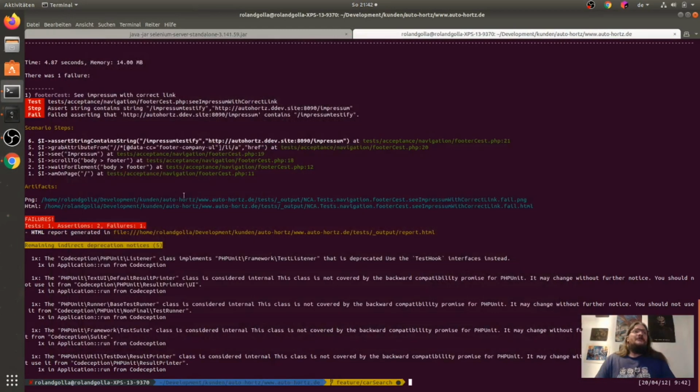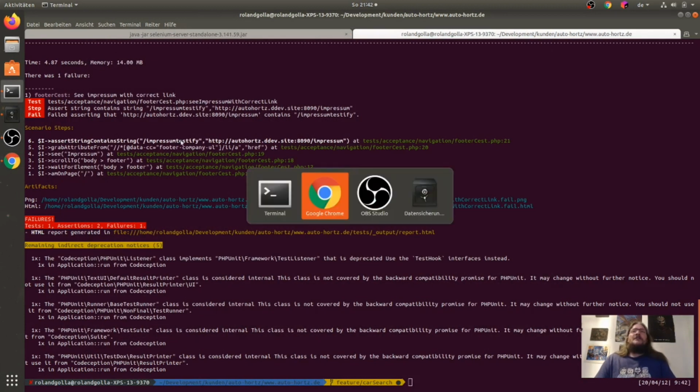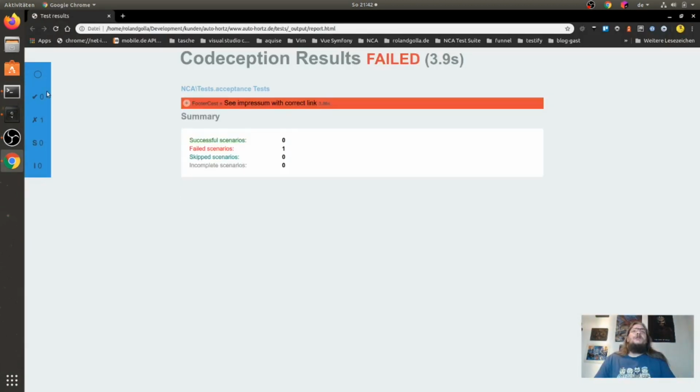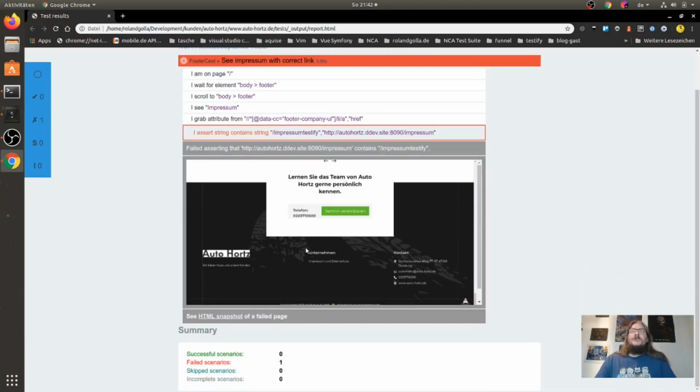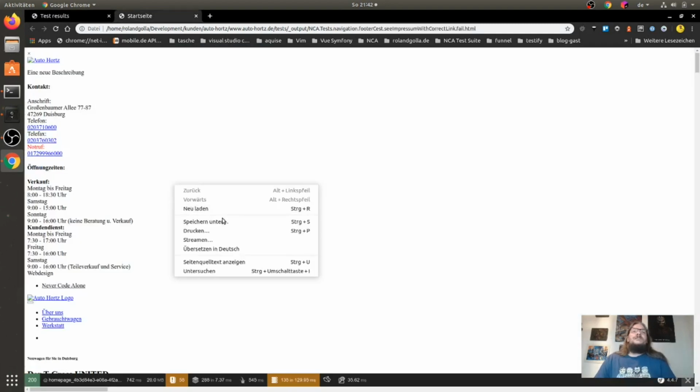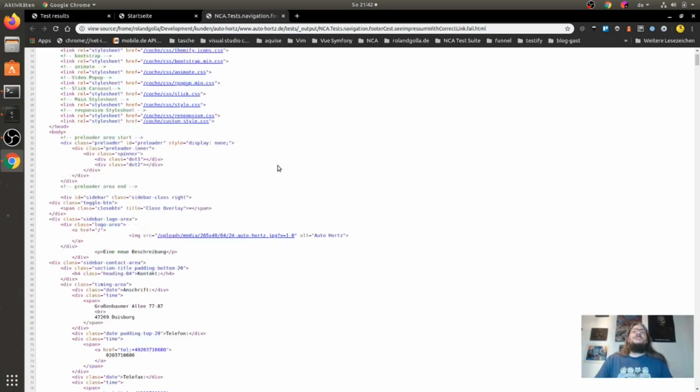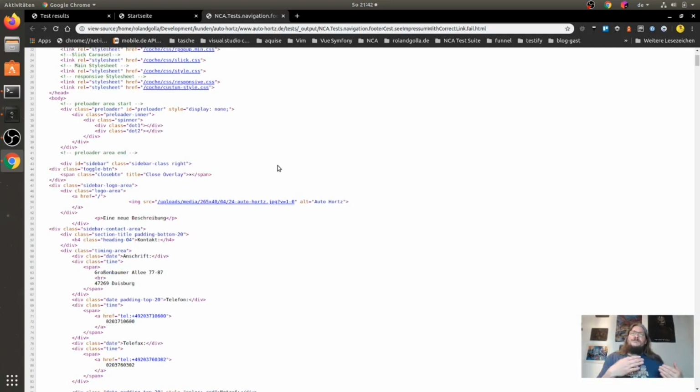Our test failed because we don't see impressum testify on the href here, and when we check our report, the report gives me a screenshot of the actual page and also the full HTML snapshot, which I can open, and now I can see my HTML, and this also has an Ajax autocompletion here.